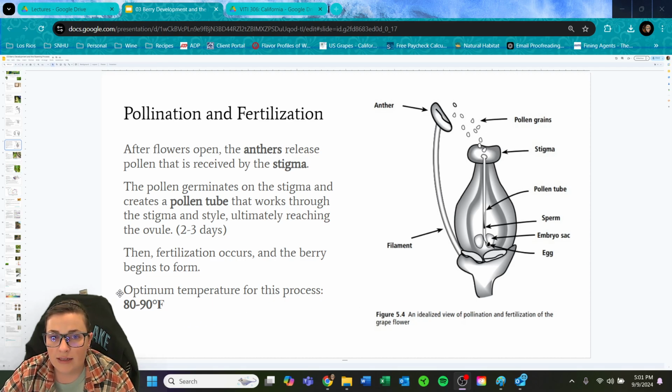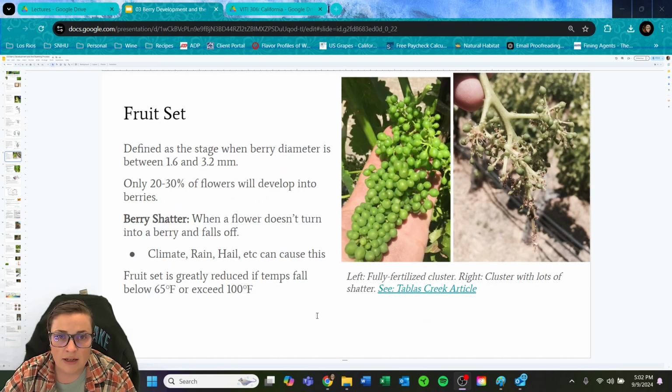Of course, there is an optimum temperature for this process, and anywhere between 80 to 90 degrees is fantastic. Rain, cold, ice, snow, heaven forbid, will all affect this process very heavily. So after we've reached fertilization, we hit fruit set, and fruit set is determined as the stage when berry diameter